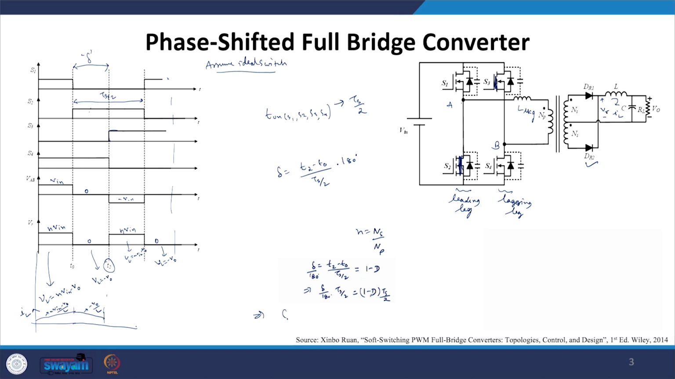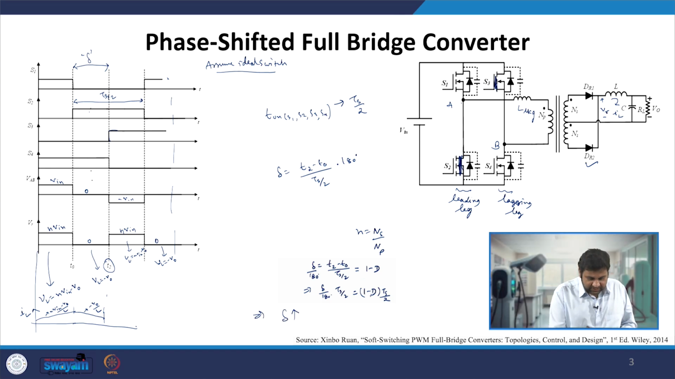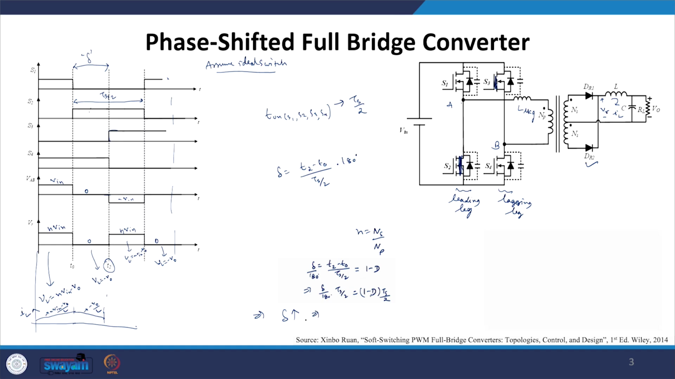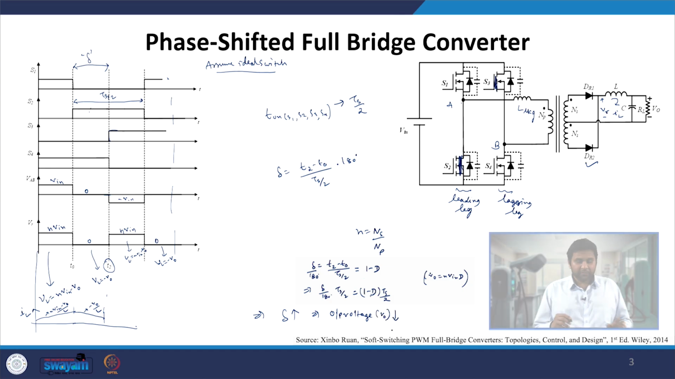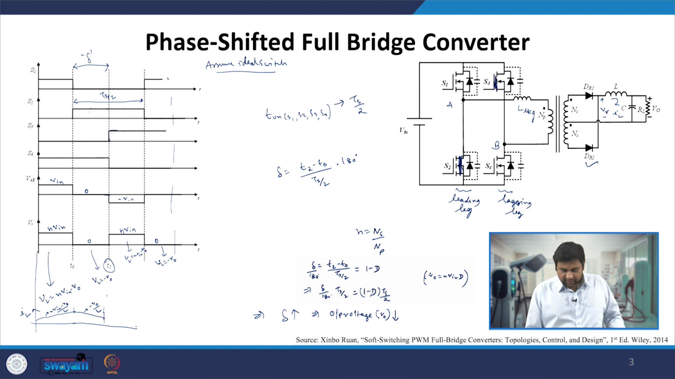So we can say that if we increase this delta, then for more amount of time my VAB voltage is 0, that means my VR voltage is 0. That means we can say that my 1 minus D Ts by 2 period is more. That is when, if we do the calculation, we know that V naught is equal to N V in times D. So D will be smaller, and that is when we can say that the output voltage, which is V naught, is less. So if we increase this delta, the phase shift, we will reduce the output voltage,